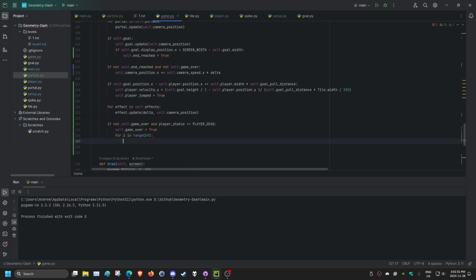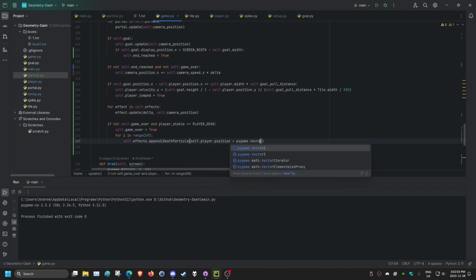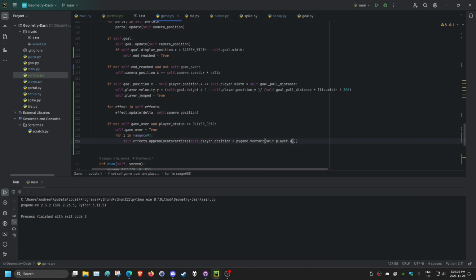That worked well. And then what we're going to do is self.effects.append, and we're going to do depth particle, self.player.position plus pygame Vector2, self.player.width divided by 2 and self.player.height divided by 2. So we're just putting this right at the center of the player, and this is going to make a huge explosion right where the player dies. You know, pause the screen so that you can just see the particles going everywhere. And then if